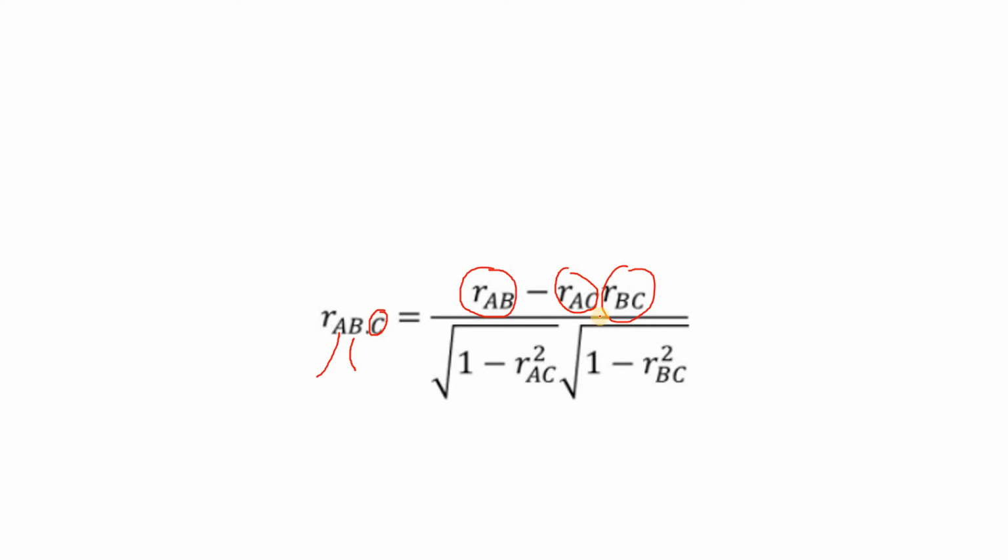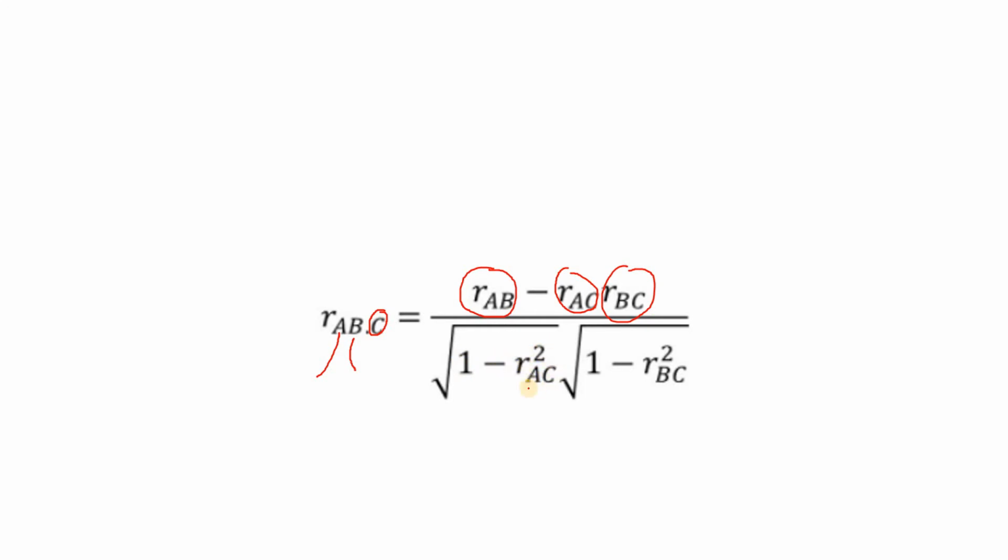These are raw correlation, that is the normal correlation value, the normalized form of covariance which we have studied earlier, which we normally do, the Pearson correlation. And then we are normalizing using this, that is the square root of 1, the maximum possible value for correlation, minus the raw correlation between A and C.